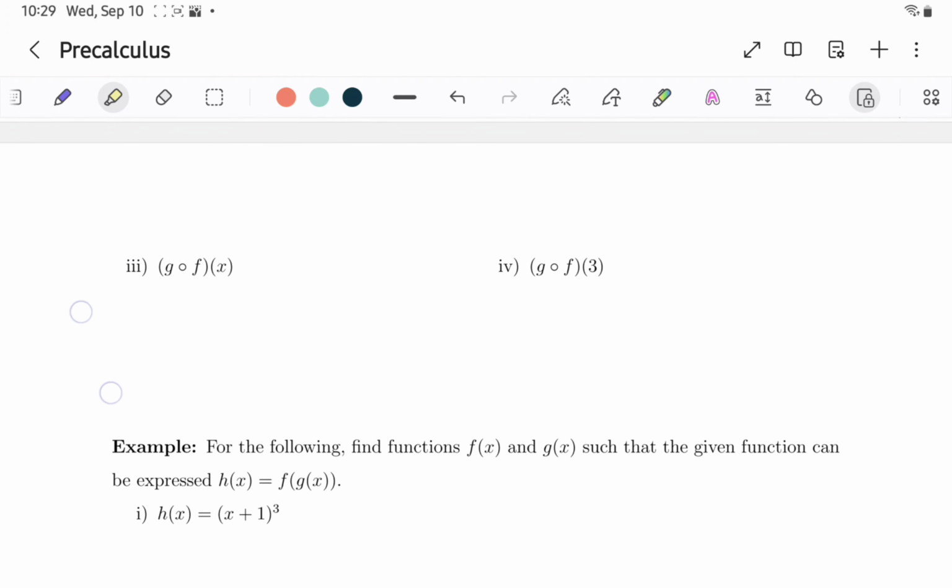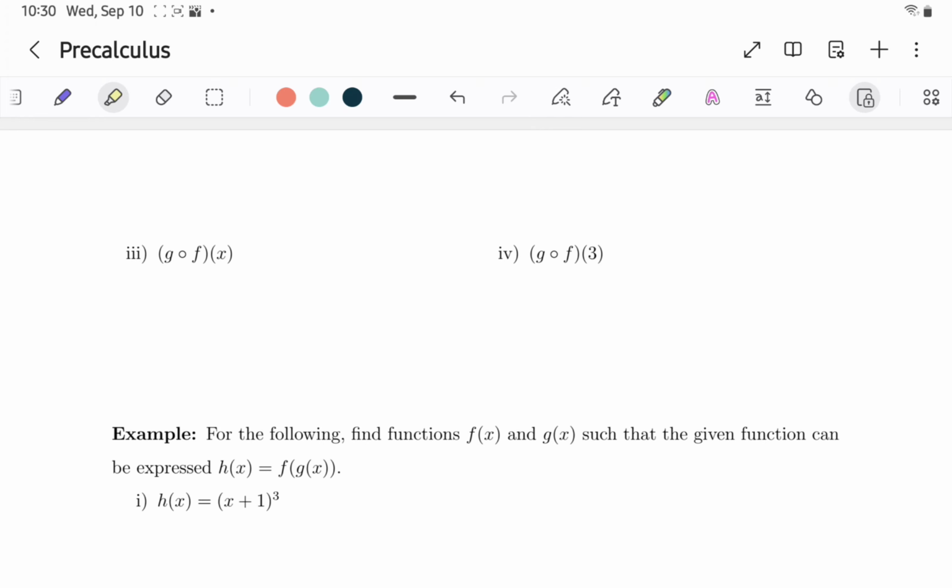All right, we have 2 more of these examples. So in example 3 now, we want to find g composed with f. So this is just going to equal g with f of x inside of it. And so we can replace f here with its rule of assignment. So this is equal to g of, and then x minus 3. And so we essentially want to evaluate g at x minus 3. So this is going to be equal to,